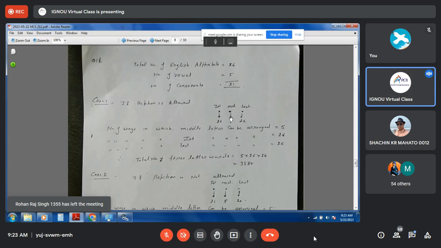In the exam, he changed the statement. He fixed the middle letter as a vowel, and we know the vowels are 5. According to the FPC, the number of ways in which the middle letter can be arranged is equal to 5. We start with the middle letter. Similarly, the number of ways in which the first letter can be arranged is 26, and the number of ways in which the last letter can be arranged is 26. You can write first or last here, there is no problem. So the total number of three-letter words